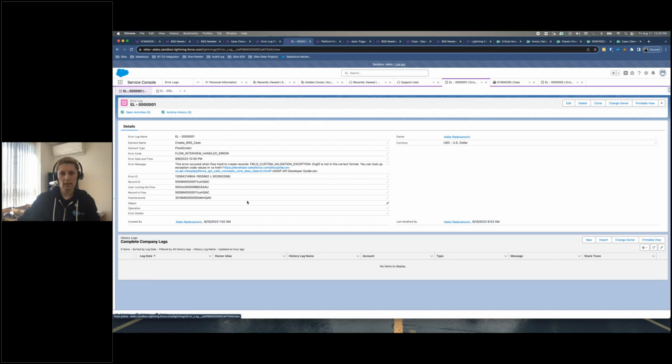But in order to handle errors in record-triggered flows, we cannot use the standard platform event. As I mentioned, it is available, but it's published only when there is no fault path and only for the screen flows. So